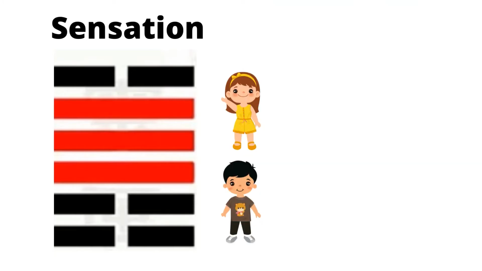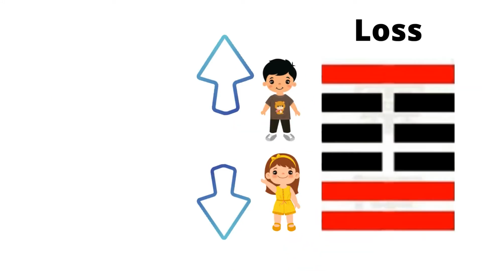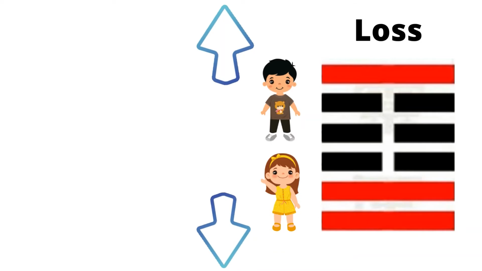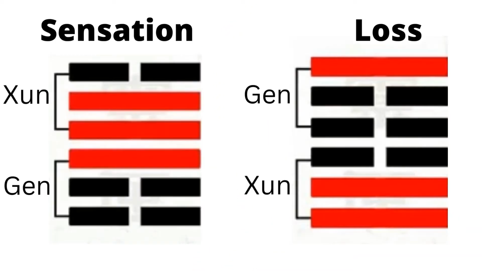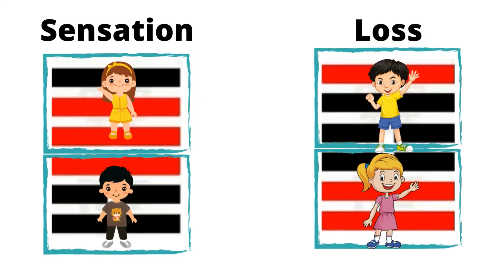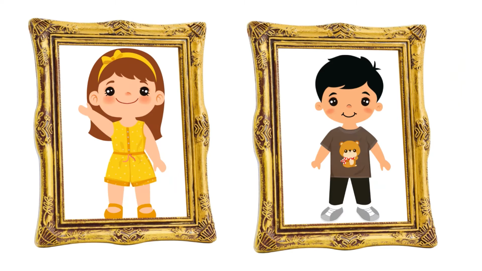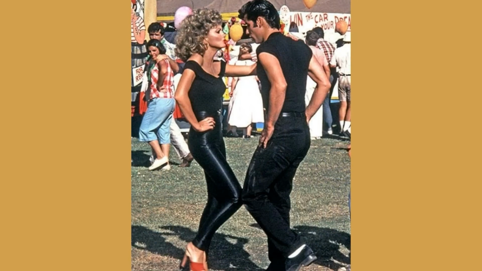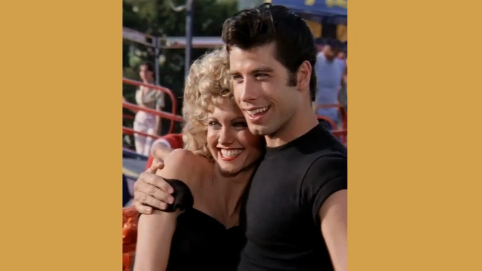If a boy is in the lower section and a girl is in the upper section, male forces are moving upward and female forces are moving downward. Their interaction generates sensation. But if they do not interact, it forms a hexagram loss. So, the combination of Jen and Sund forms these 2 hexagrams. Sensation and loss. Put it in a simple way, hexagrams are all about a combination of 2 images and whether interaction is occurring. When you see an image of a young boy and girl, what comes to your mind? We see passionate, impulsive, enthusiastic, occasionally naive, and mistake-prone.